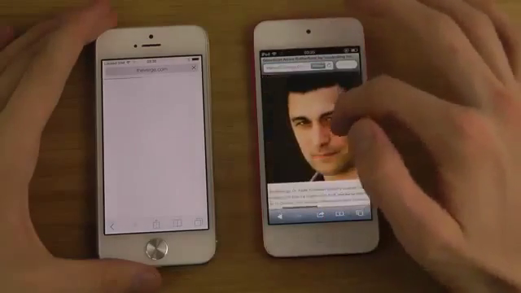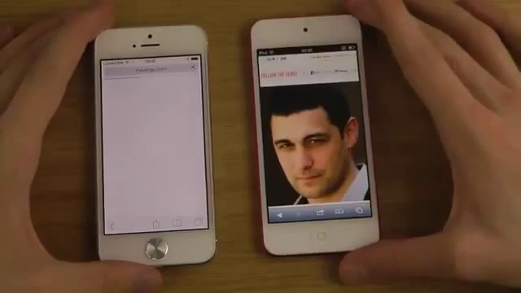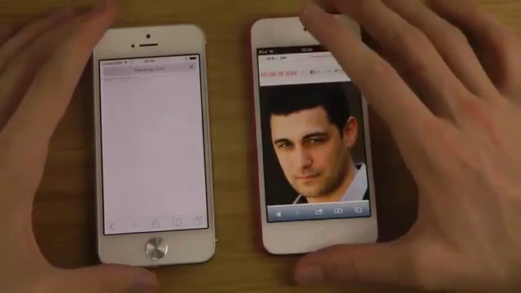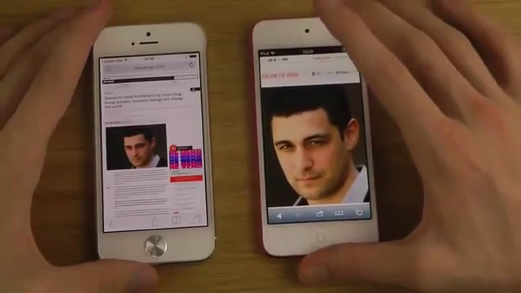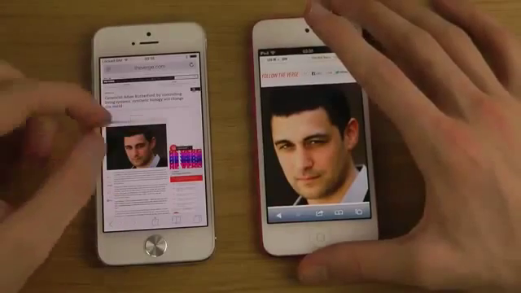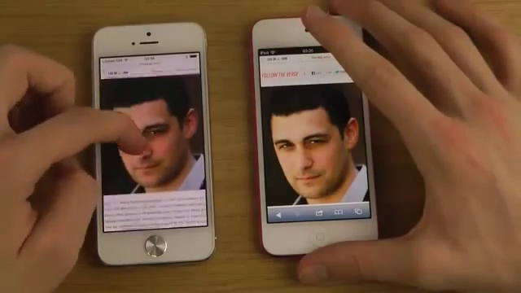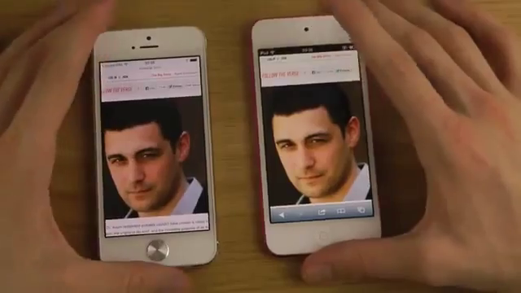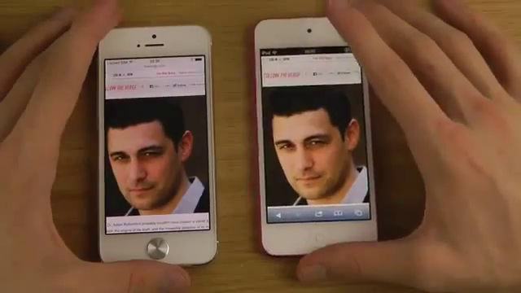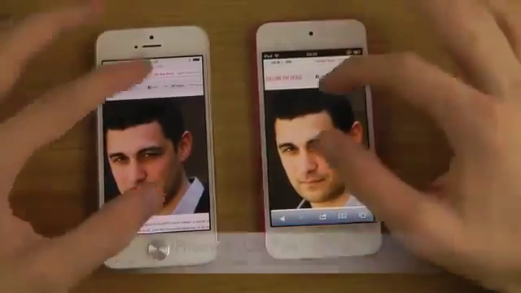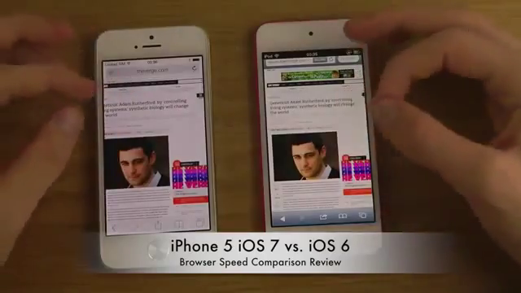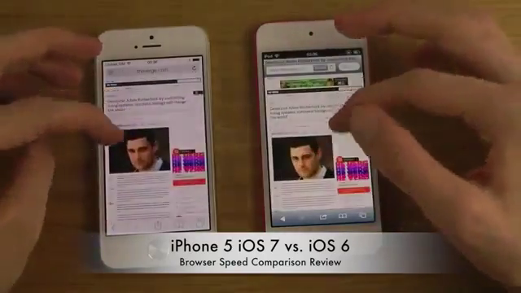There we go. So it loads up very quick here on iOS 6, but of course that may be a little bit stable. iOS 7 right now may be a little bit unstable, of course, because it's the new stuff. You can see here a little bit different colors on the two guys, or it's actually the same guy. And in case you didn't know,